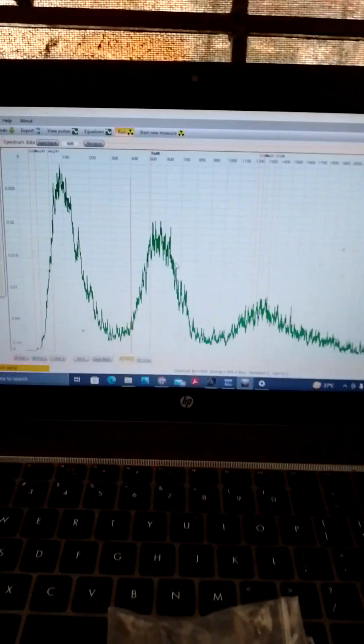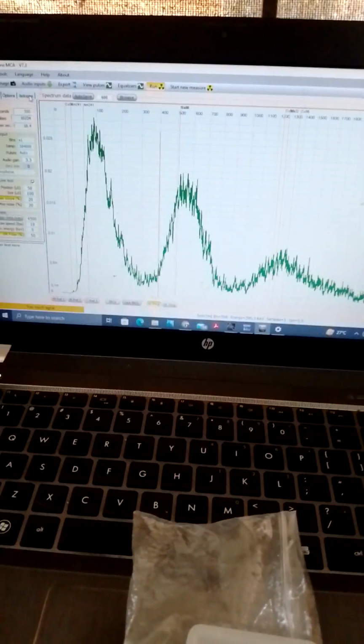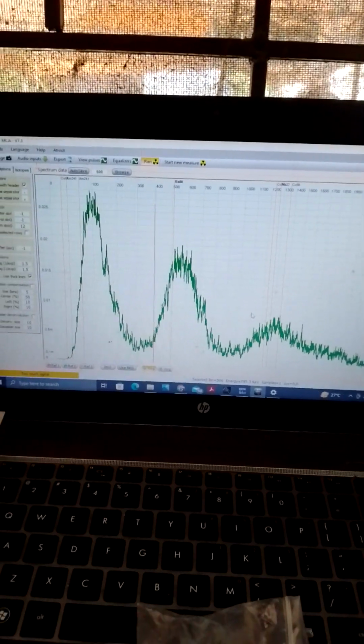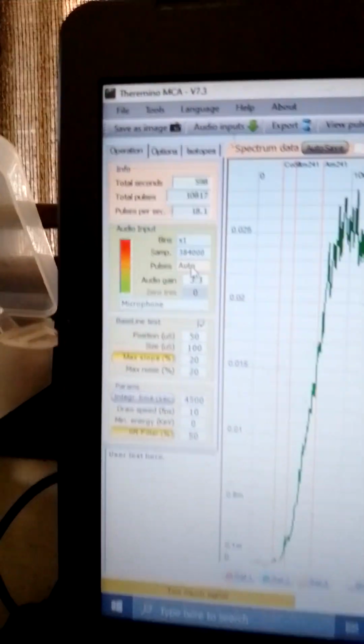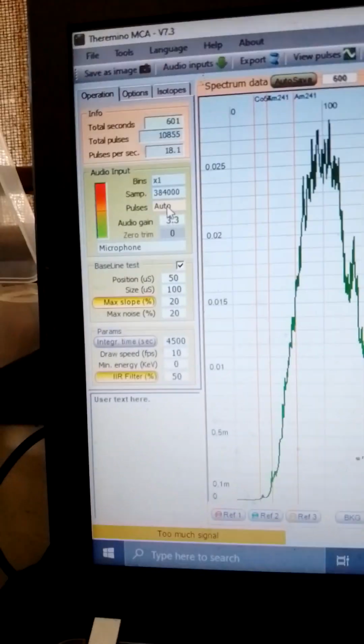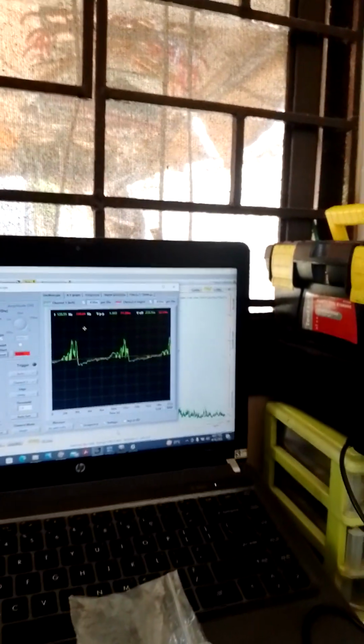Then in my spectrum, this is the spectrum, the gamma spectroscopy. Most of the sampling data recorded is with this parameter, the parameter I use. Most of the signal looks like this,